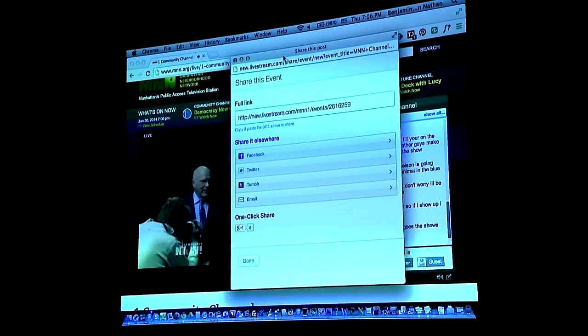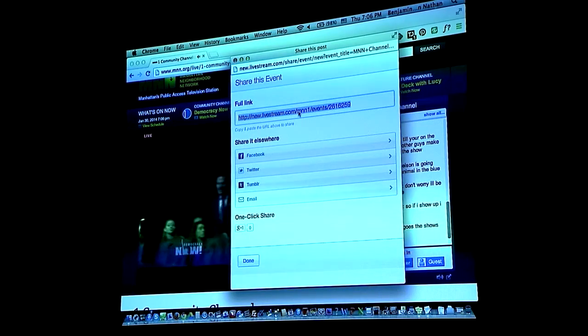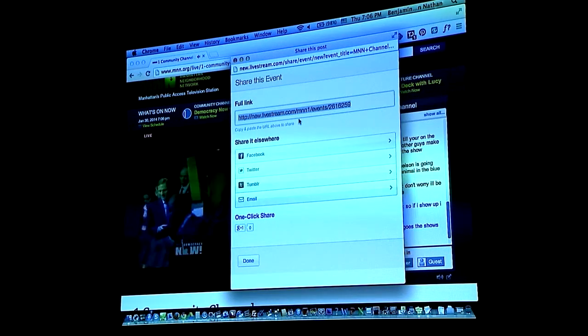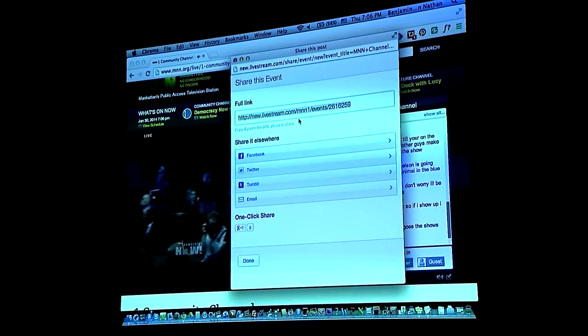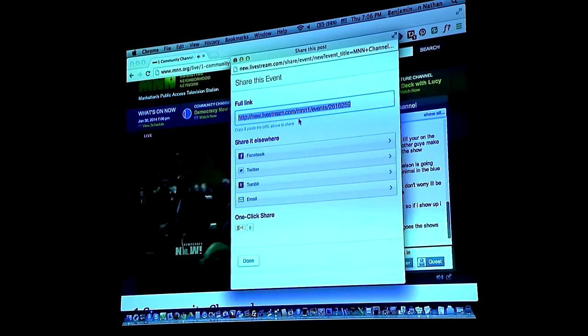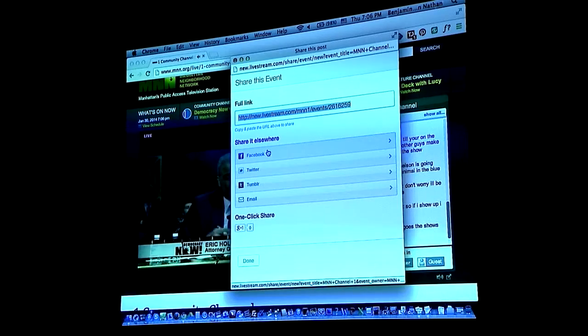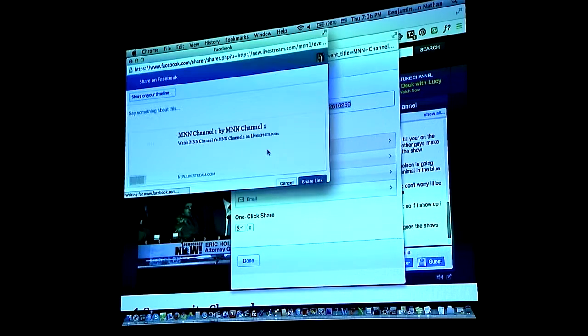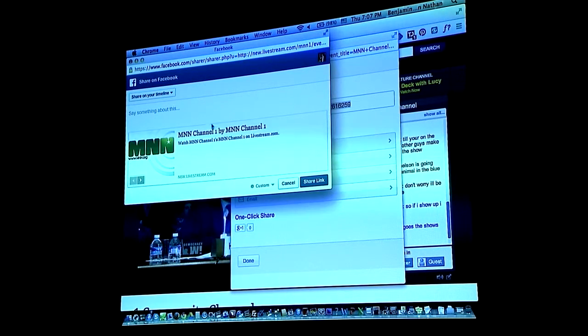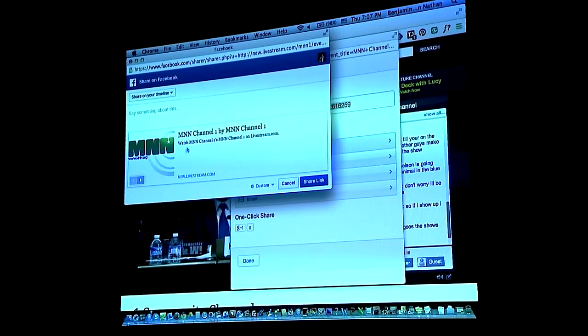And what you have here are a few things. First, you have a link. And this is a link that you can put in an email. You can post it directly on Facebook or Twitter, any place where you can share a link. This is something you could share. So that's the easiest way to do it. Other easy ways include sharing it. If you click directly on Facebook here, this will open up a box, and it'll automatically create the link